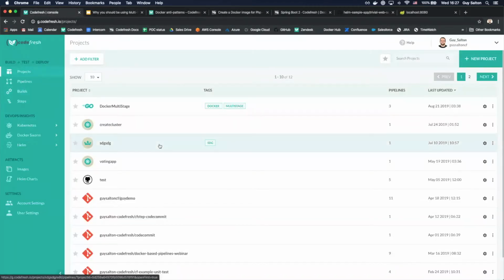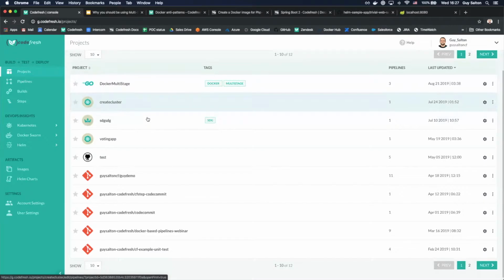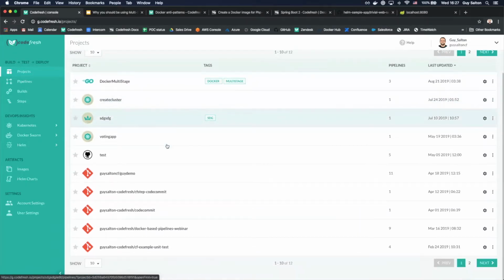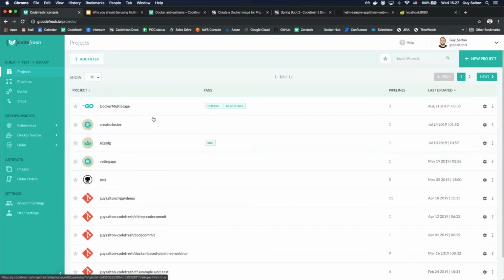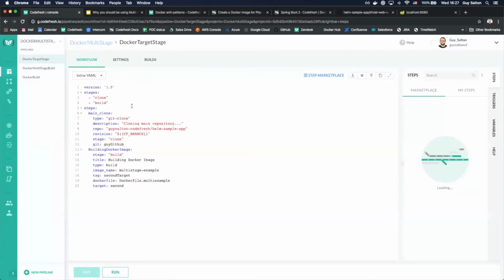Right, so this is CodeFresh, what you see here on the screen. So it's a SaaS platform. You should just go to codefresh.io and sign up for a free account. With a free account, you can run unlimited builds, by the way. So that's pretty cool. And once you sign up, it will automatically generate an account for you and show you the projects view. So this is the projects view. It will show you all of your projects, and you can then click on each project and see the pipelines for this project. So I created the project for this webinar called Docker Multistage, and